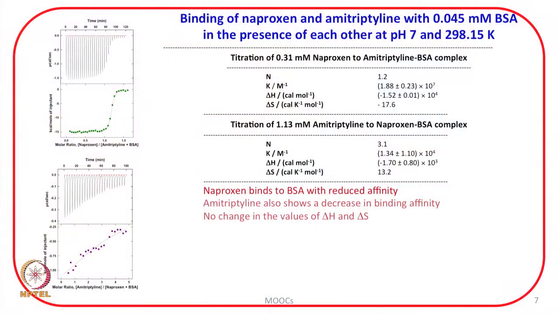Let us take a look at the data in this report. What was done is, the binding of naproxen and amitriptyline with serum albumin was studied in presence of each other. That is, amitriptyline BSA complex was formed and it was titrated with naproxen, and the resulting isothermal titration calorimetric profile yielded the data presented in this table,